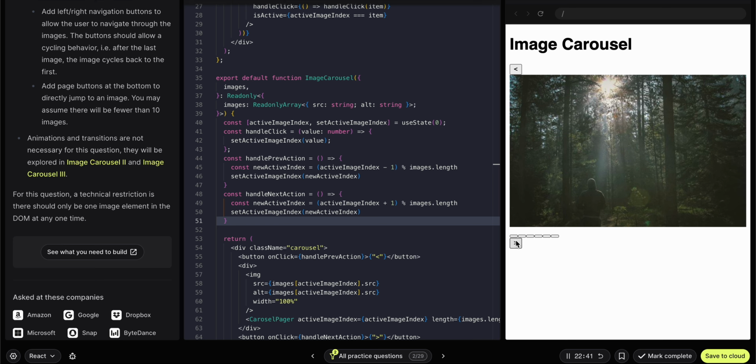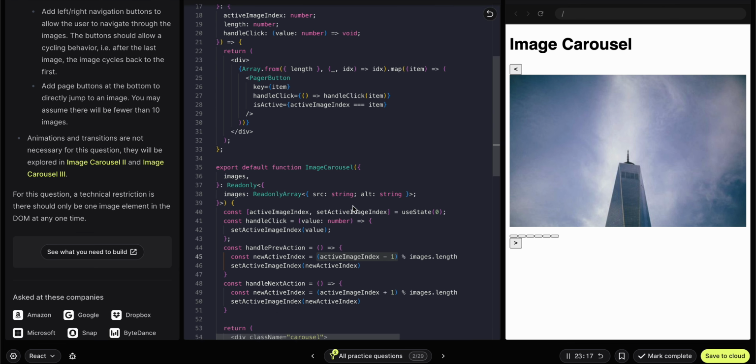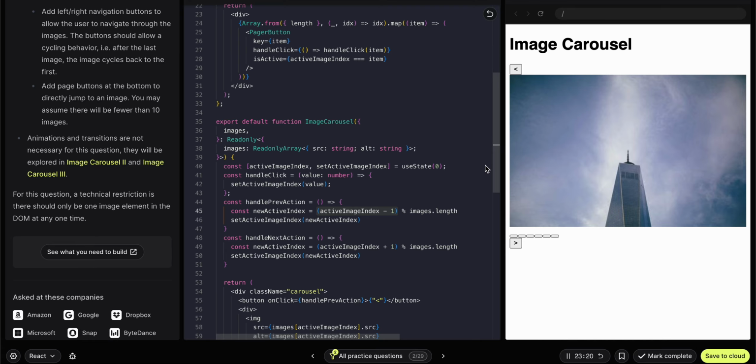So the 0th index is here. For this case it will work. Actually it is incrementing fine, but for the minus case, whenever we are at 0, then if we try to reduce by another one, it will create a problem. So how can I fix this? I have to think about it. Okay, how can I do it? So I'm doing minus 1, so